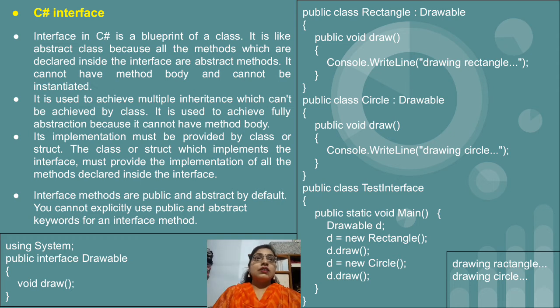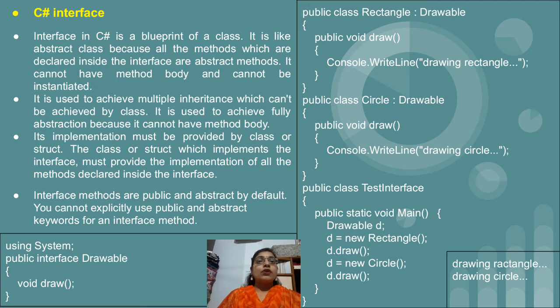and basically an interface is like an abstract class. It is a blueprint of a class, or we can say a blueprint of an abstract class. Like in an abstract class we just declare the method, similarly in an interface we just declare the methods. The class which inherits that particular interface will define the method, which is compulsory. And one more important thing, the methods which we declare inside an interface are by default public in nature.